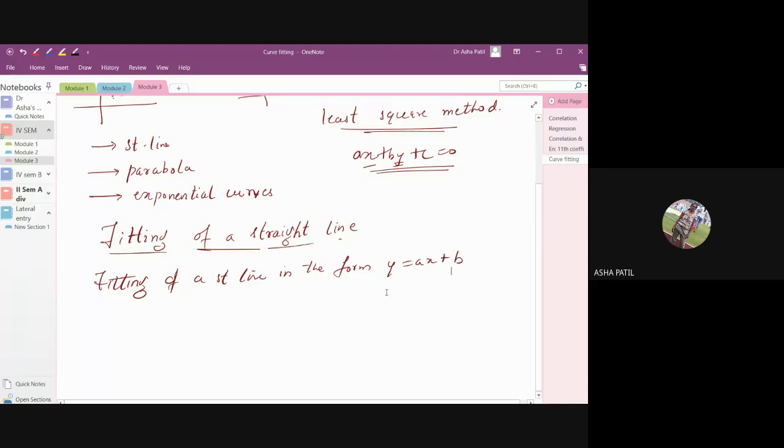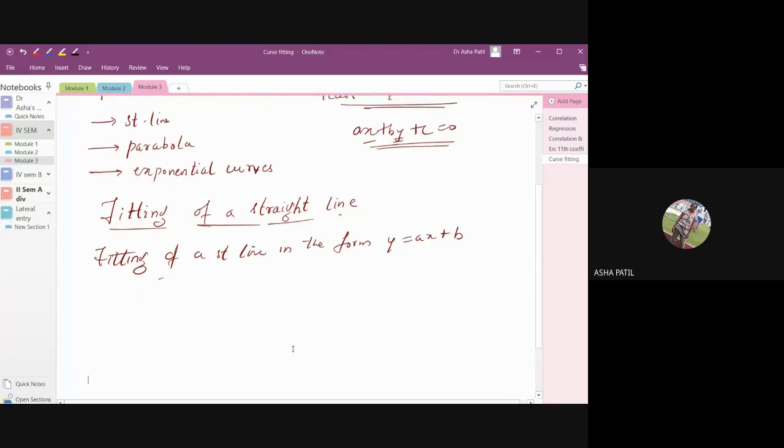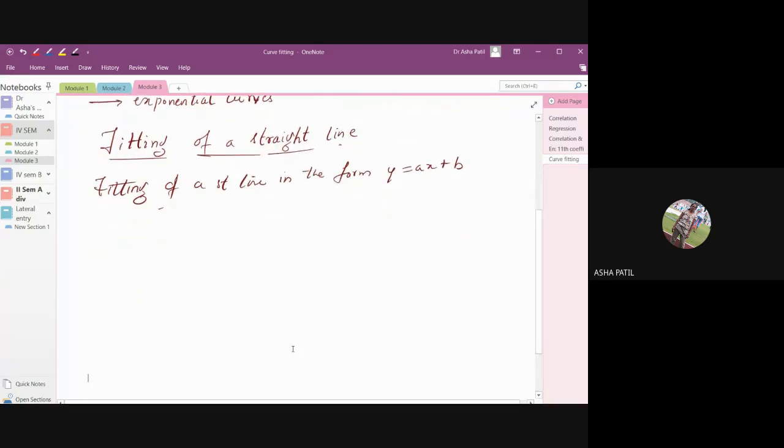Okay. Now to fit such a straight line, actually what you will be given is a set of values of x and y. You are given with a set of values of x and y, and you need to find a best fit curve for that. So what we do is we have to write the normal equations for this first. The normal equations of a straight line are,